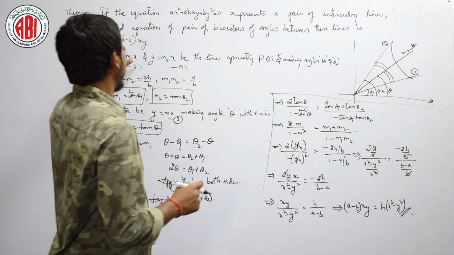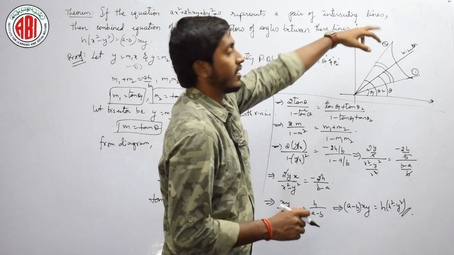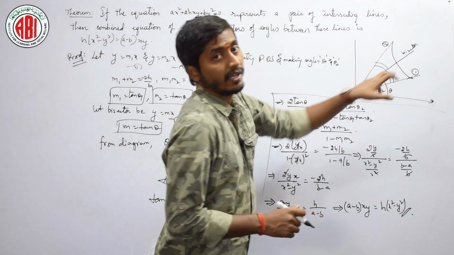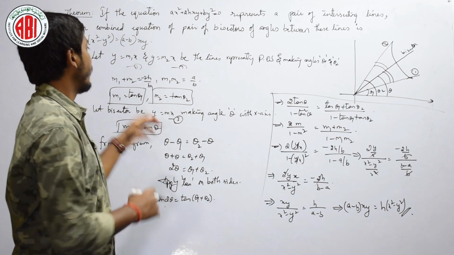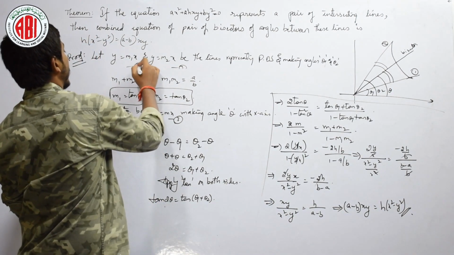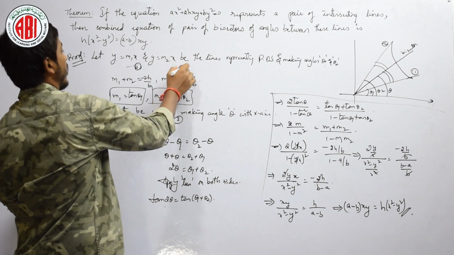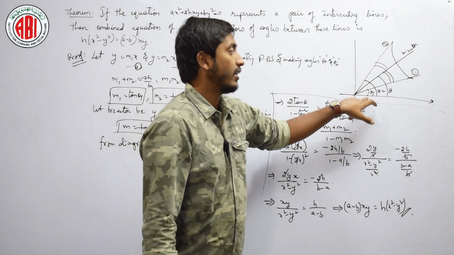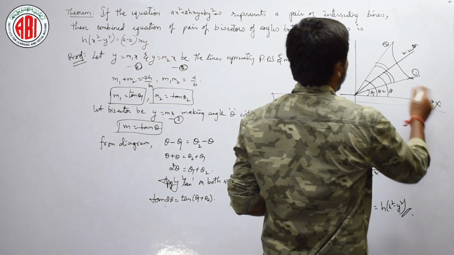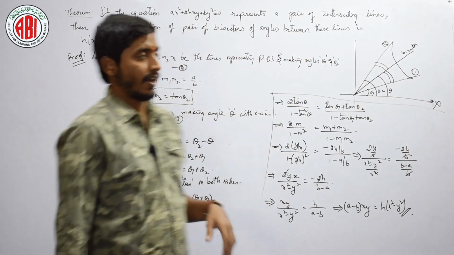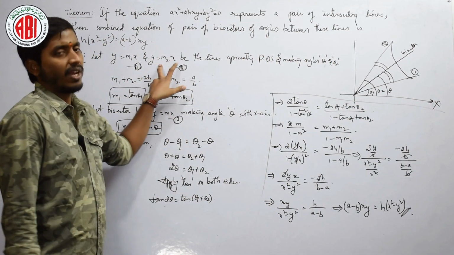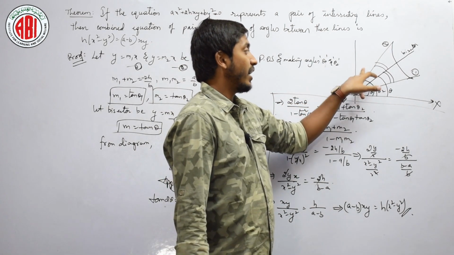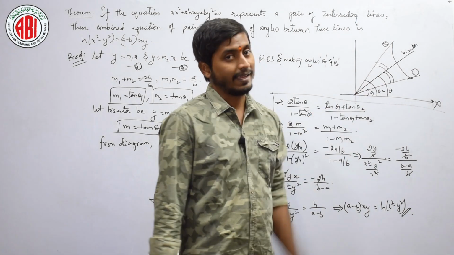Let me tell you again. See here, he is asking the combined equation of bisectors of angles. That is, there is a bisector of the angle between the two pair of lines. Is that right? We have assumed one equation of the pair of straight lines is y equal to m1x and one more is y equal to m2x, right. Then the slope of the first one is m1, which is nothing but tan theta 1, where theta 1 is the angle made by the first equation with the x axis. Okay. Then the second equation is y equal to m2x. What is m2? Which is nothing but tan theta 2. Theta 2 is nothing but the angle made by the second linear equation with the x axis.